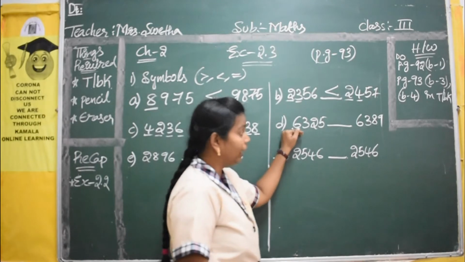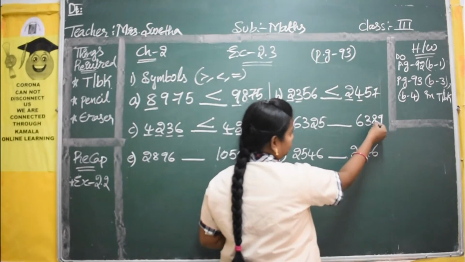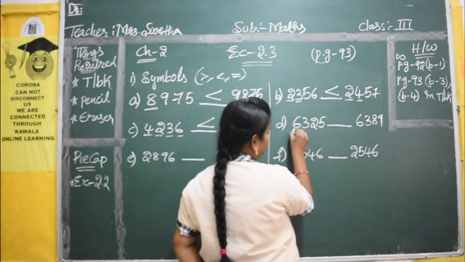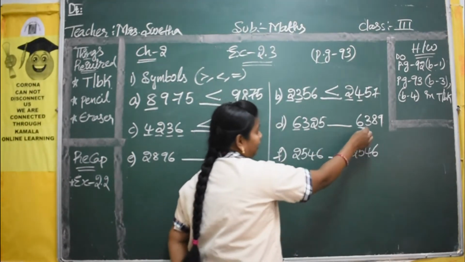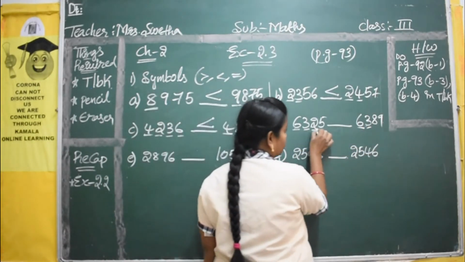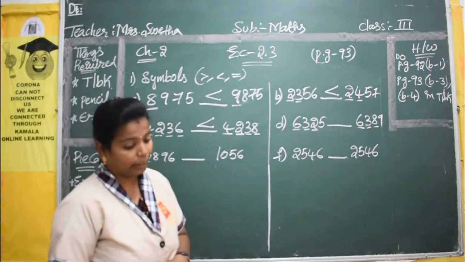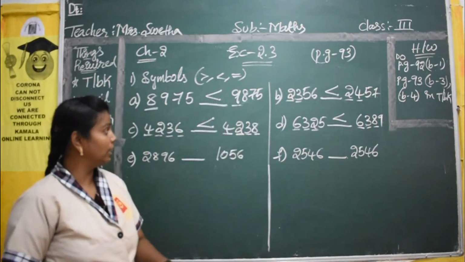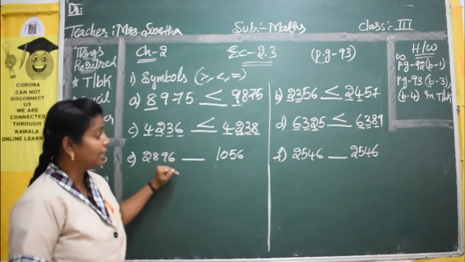Okay. See now here we will count the numbers and we will check 1, 2, 3, 4. So both the sides you have 4 numbers again. So check by individual number 6 and 6. So same number, go to next number 3, 3. Again same number you have, go to next number checking. Next 2, 8. So which one is the bigger one? Yes, number 8 is the bigger one. So our symbol will be open to 8 sides. Yes, as till now we got all less than symbols, children.